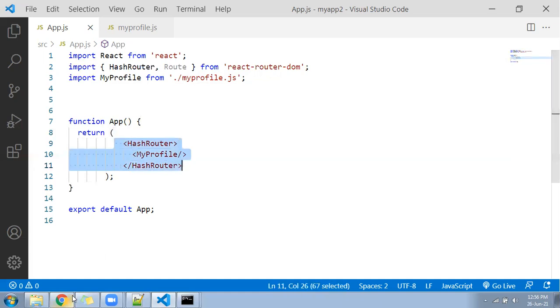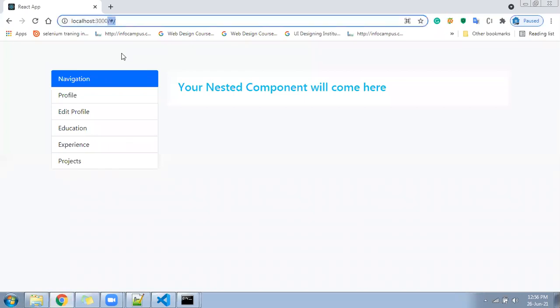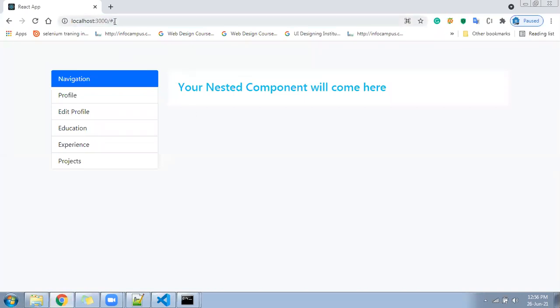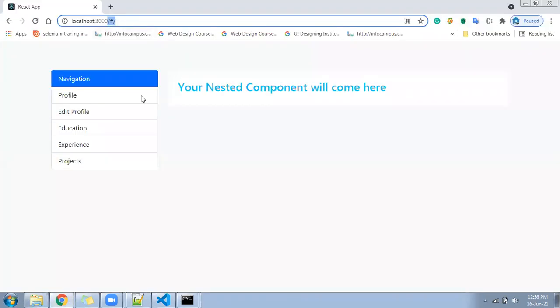I'll go to my browser. You can see in the browser hash slash will appear. As soon as you use your HashRouter, your browser URL will get changed to hash slash. It's here.